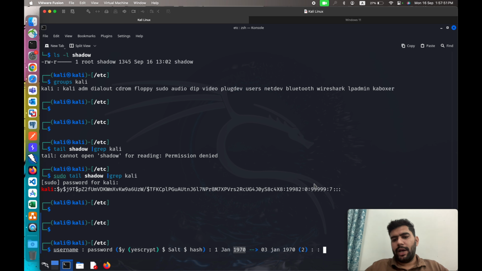After this we have again a numeric value, which is 99999. This represents the maximum number of days after which your password will expire. Let's say if the entry here is 100, it means after 100 days your password will expire and you have to change it